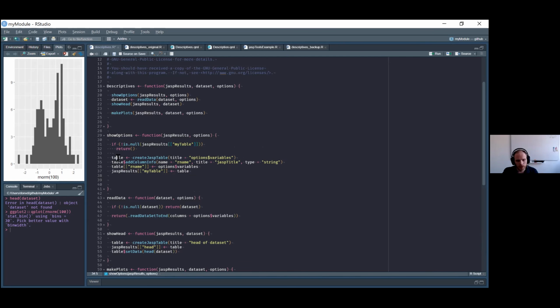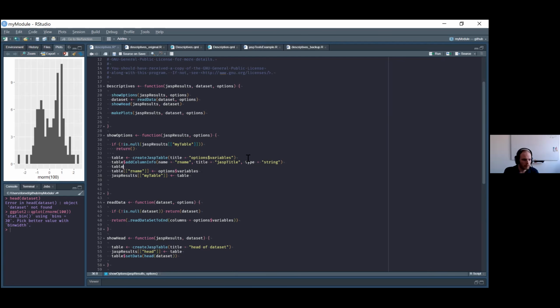Then, of course, this thing needs to have some dependency of when does it change, right? When should it be thrown away? So the setup for that is depend on, and then variables. And again, this name should directly refer to something in the Qml file. Now, if we save this and we go back to JASP,